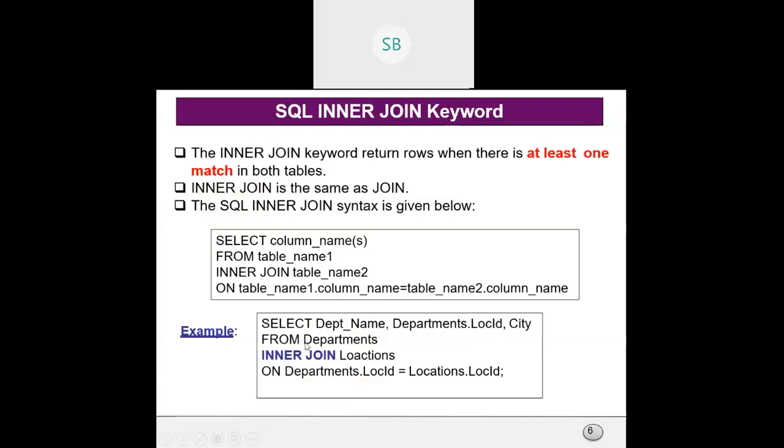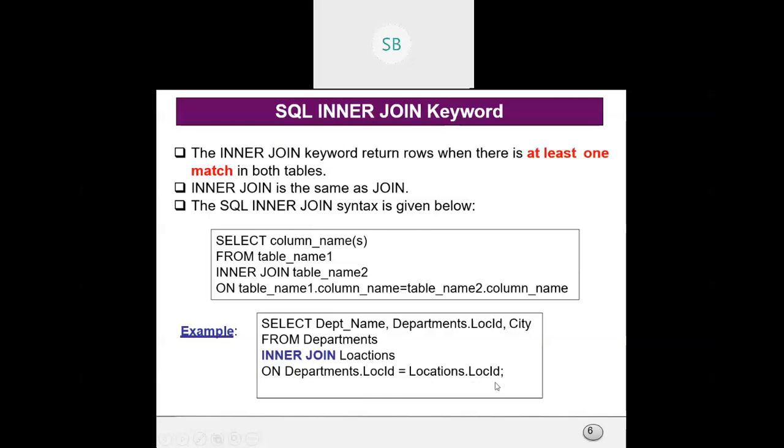Okay, and city from departments, that is, we need to find out the department name, location ID and city from departments. Inner join, look, this is locations. Okay, the spelling is wrong. Inner join locations on, so we are using the on operator here, department dot loc id equal to locations dot loc id.